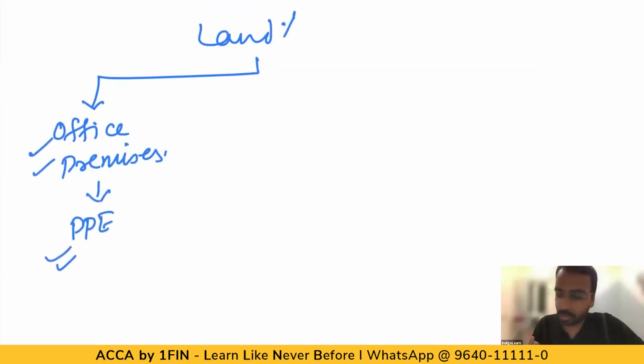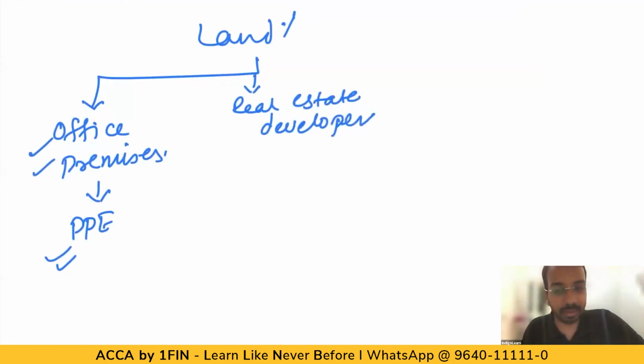If that is the case, then whatever you said, PPE, is absolutely correct. I'm not disputing that. But if I tell you that this land is purchased by a real estate developer, and why did he purchase the land? He purchased it so that he can construct buildings and flats on this land, and those can be sold to others. In that case, tell me, will you call it property, plant, and equipment? If there is a builder whose business is to construct buildings and sell those buildings, is that considered property, plant, and equipment? Anybody, answer this question?